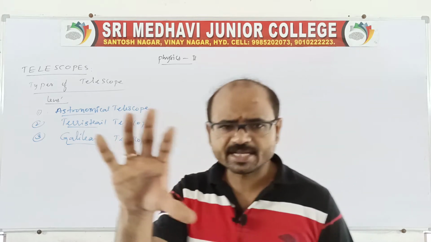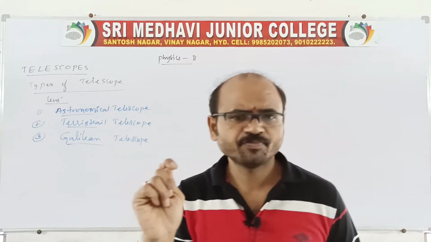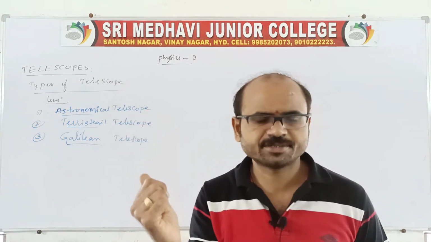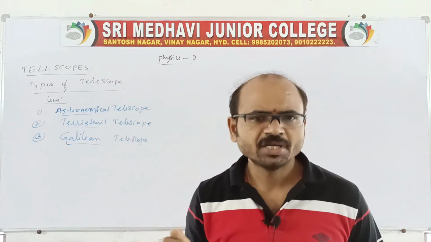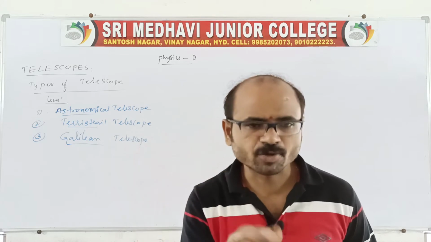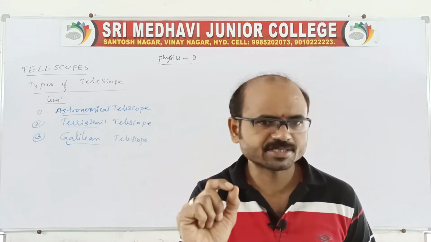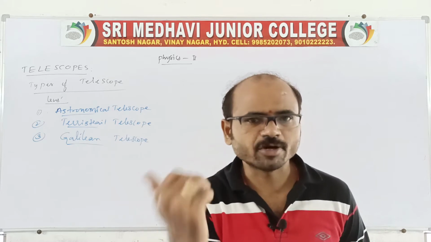It is to be arranged on the principal axis by adjusting the rack and pinion arrangement, so we can adjust for the object. When the object is at a long distance, or at infinity, beyond 2f, the image will form at the focus point of the field lens. It is very clear, because we already know the rules for forming images.